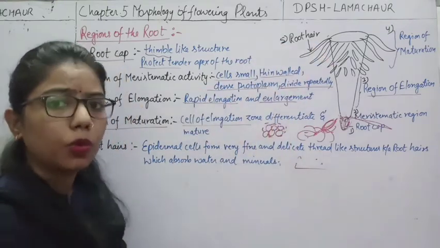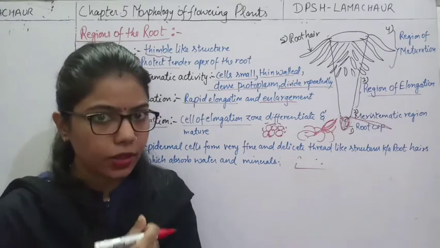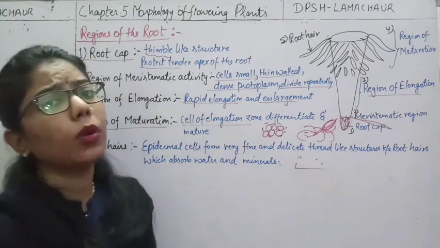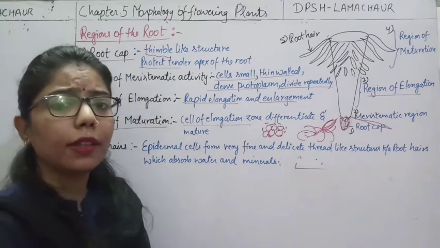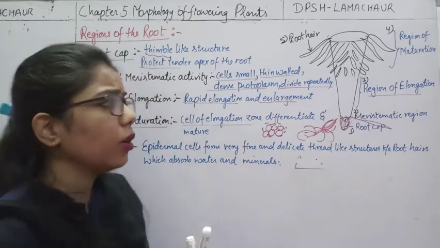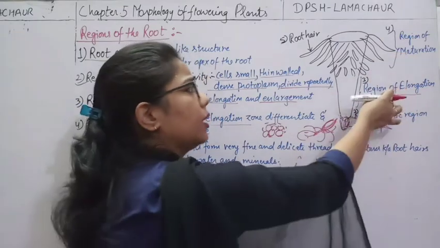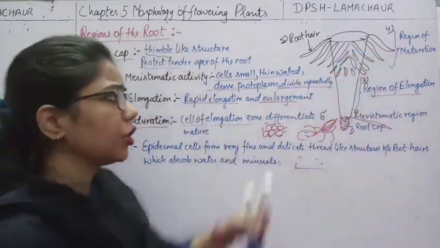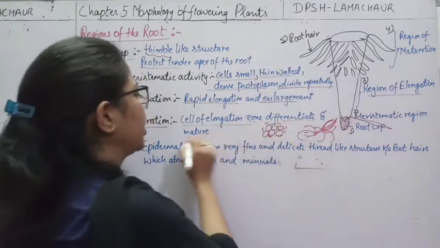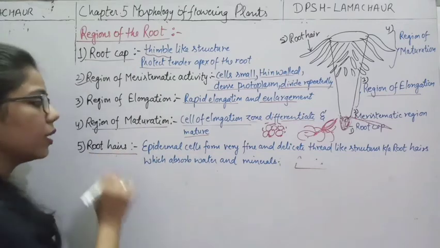For example, in the case of humans also, when there is a fusion of male and female gamete, what happens? Formation of zygote, and after zygote there is a formation of embryo, and in this embryo there will be differentiation of hands, differentiation of legs. So here also, all the division has been done, and here there will be differentiation of structures like root hairs. Clear?